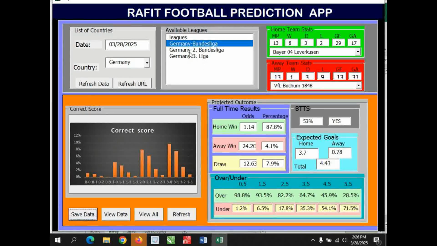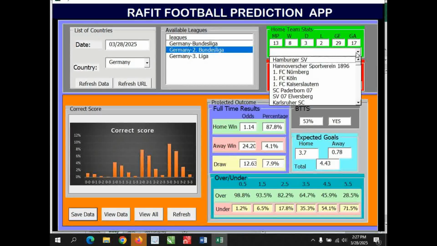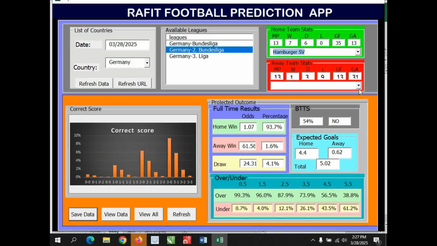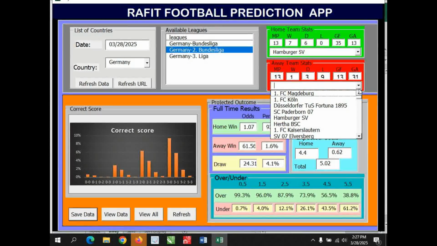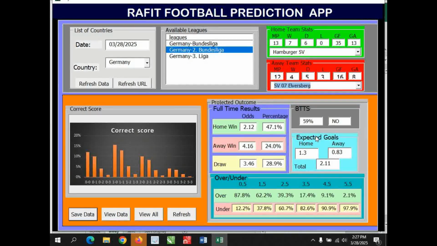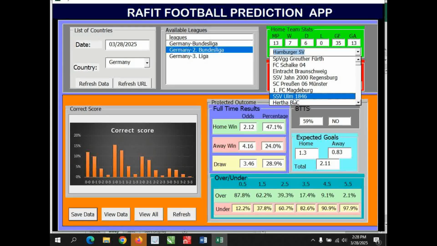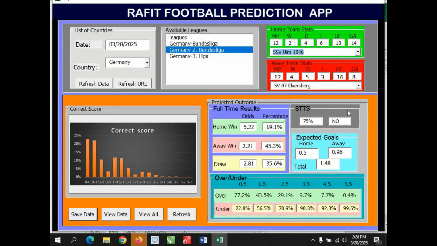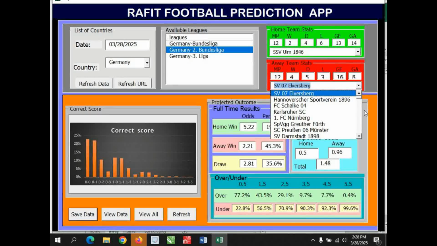So let's go to Bundesliga 2 and load it. The first match is between Hamburg and Elversberg. They have a 59% no of both teams scoring, but they have 47% of home win. Let me save it. And then the second, we have SSV 1846, and they'll be playing against